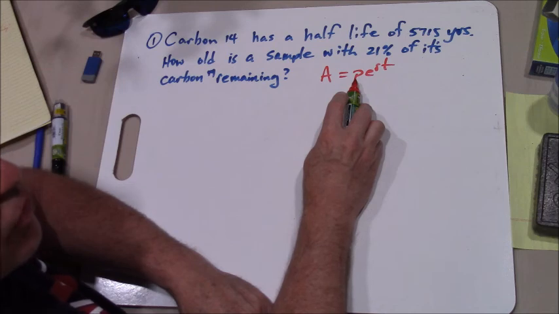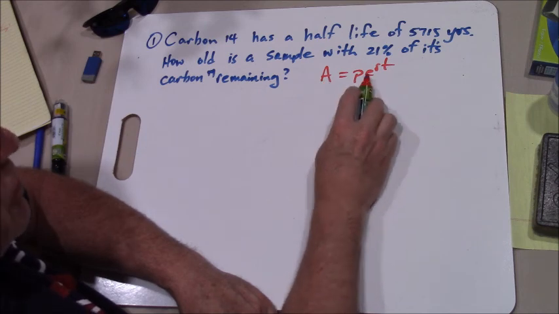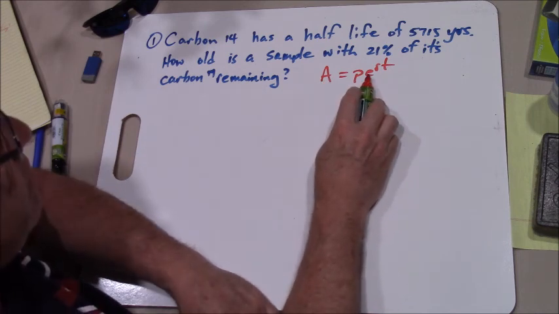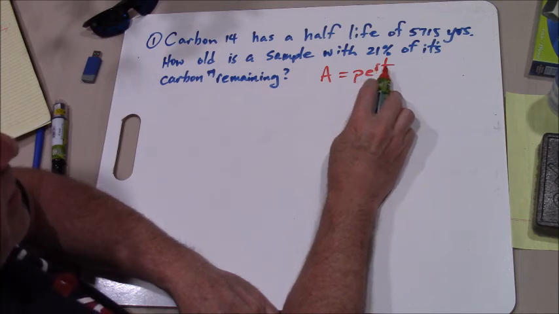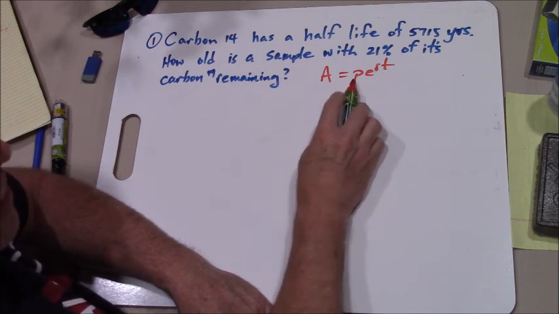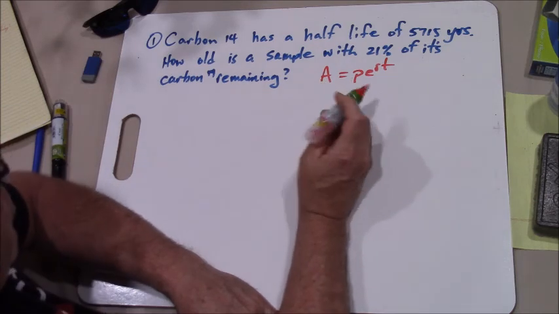P again is our original amount that we start with. A is the ending amount. We know e is the number 2.718. r is the rate at which it's decaying. And t is the time it takes to get from our initial amount to our ending amount. And so what we want to do